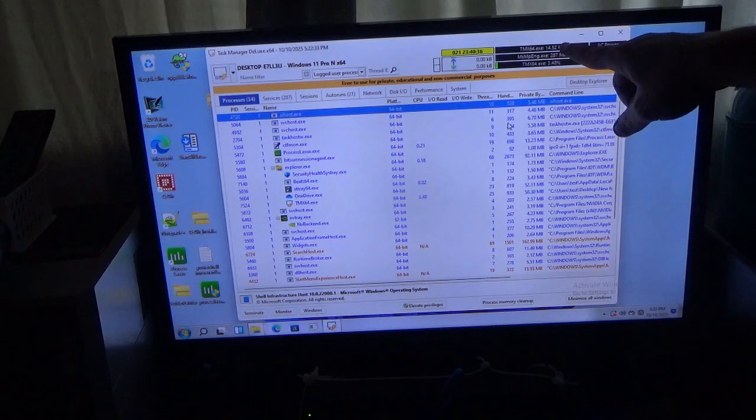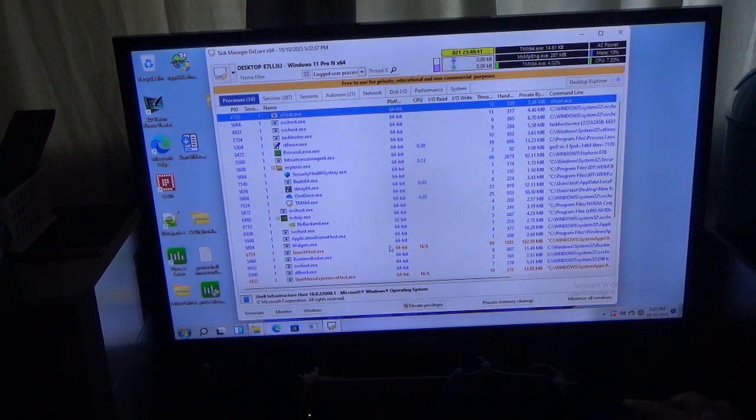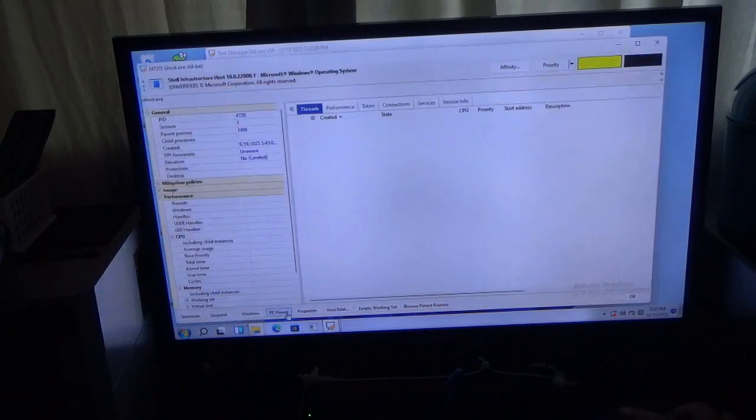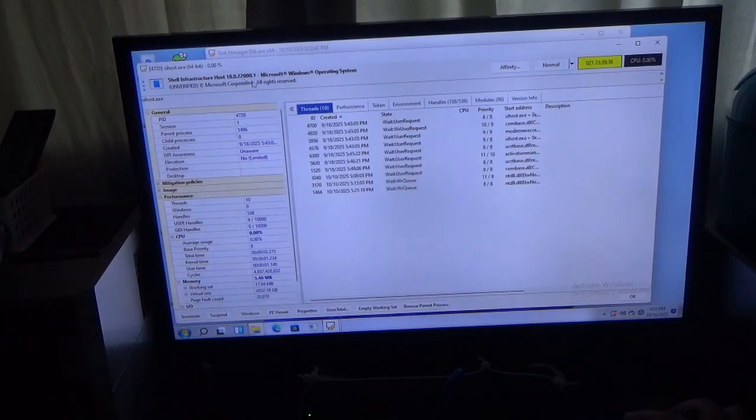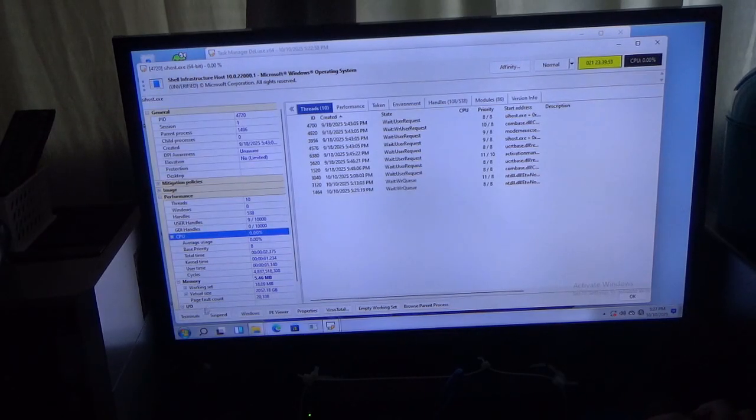This is how much the program is using and stuff like that. So if I go to monitor, I can monitor certain things, and it'll tell me what it's using.